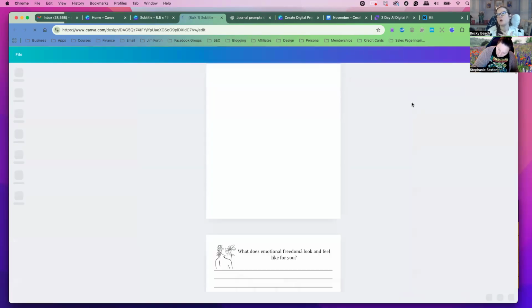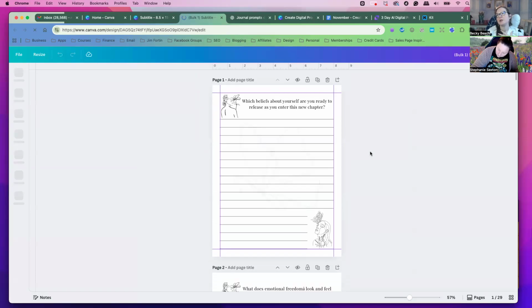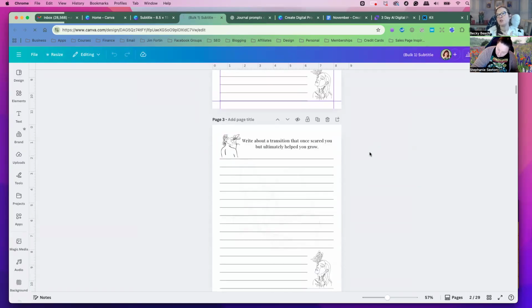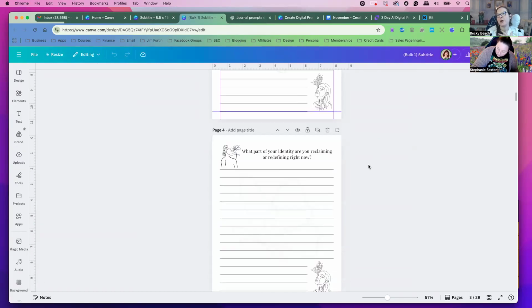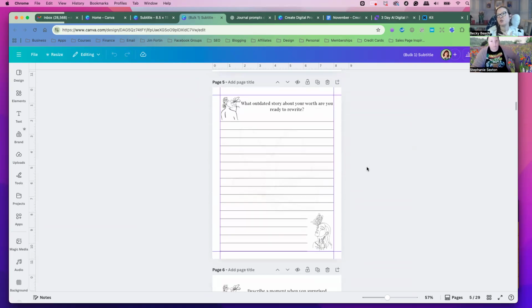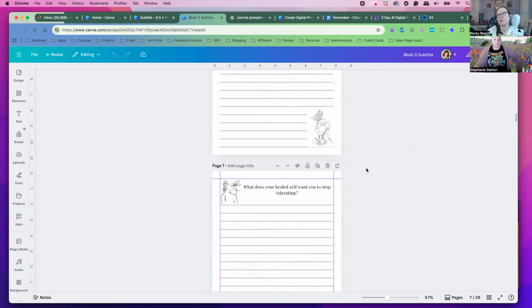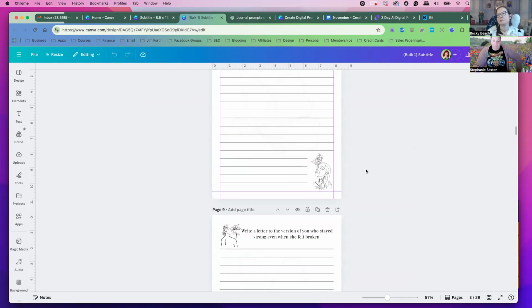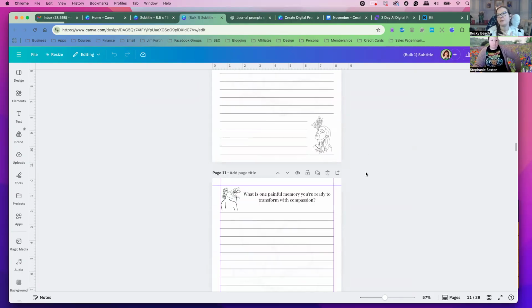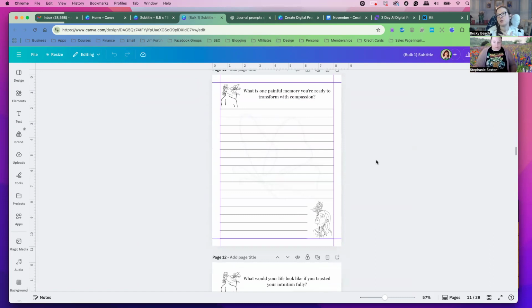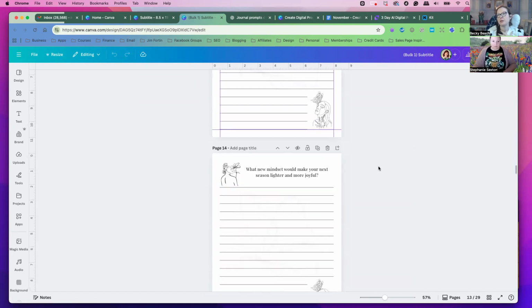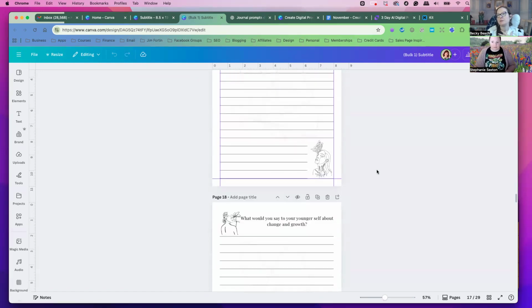Okay, there you go. So now it made us all these pages, 29 pages with a different prompt on each page. You see that? Automatically, without us having to sit here and copy paste over and over. It just saves a lot of time because it's automated. What do you think? It's pretty cool, huh, that it can do that.